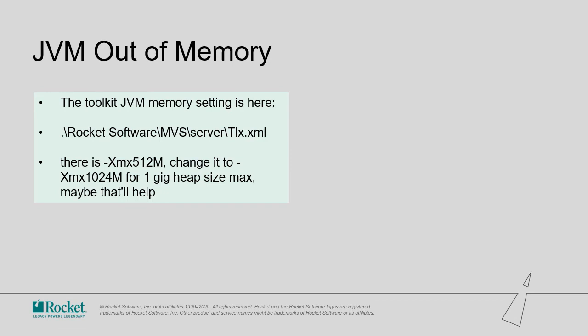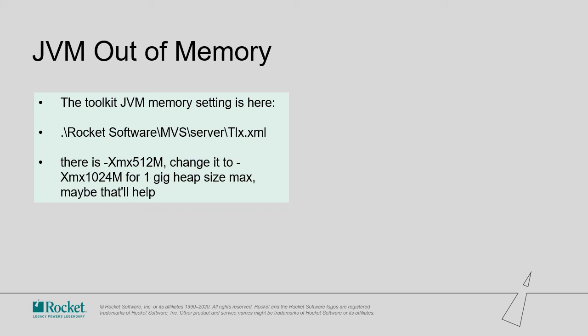Sometimes the toolkit's Java virtual machine is memory starved. To fix this, stop the toolkit server as you did in the previous slide, then navigate to the MVS server directory and look for a file called tlx.xml. Using your editor of choice, mine are VI on Linux and Notepad on Windows, find the